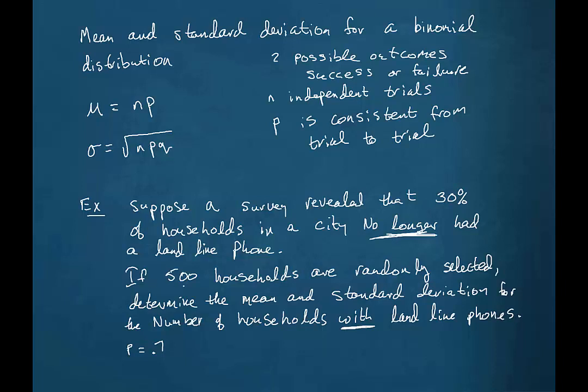Now, also, this says that 500 households are randomly selected, and so this is assuming that if we were to do this process over and over, selecting groups of 500, what would be the average number of households that we would find that have a landline phone? So n is 500, the number of trials in the experiment, and this mean, or in other words, the expected value,